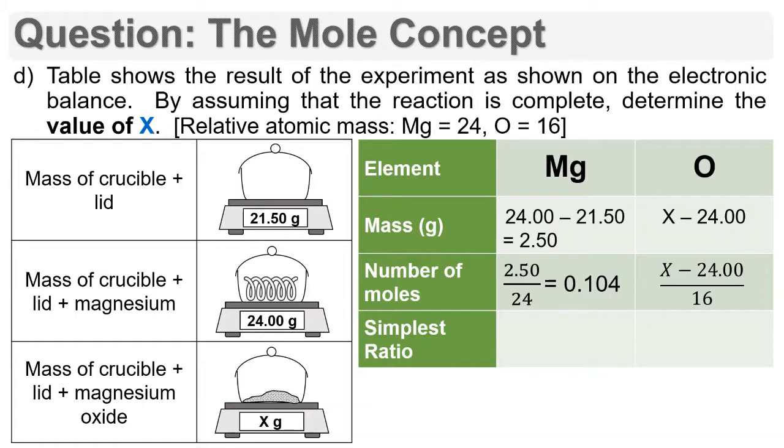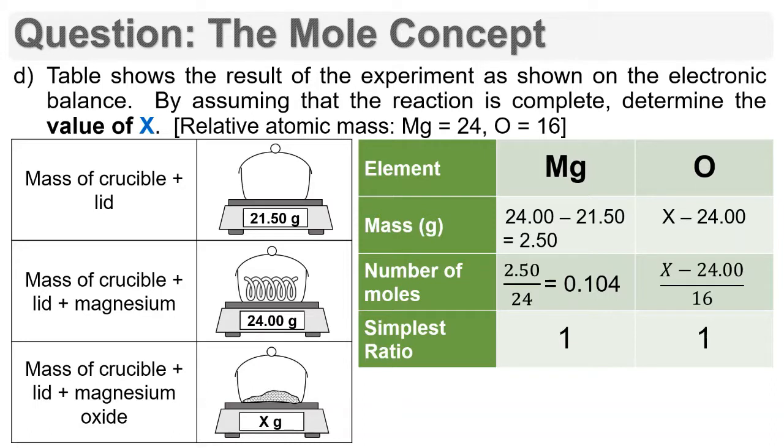Finally, the simplest ratio. How can we obtain the simplest ratio without the mass and the number of moles of oxygen? If you scan through the question closely, the empirical formula of magnesium oxide is given through the chemical equation as the product of the reaction. Empirical formula of magnesium oxide is MgO. Therefore, the ratio of magnesium to oxygen is 1 to 1. If the ratio is 1 to 1, then the number of moles of oxygen is the same as the number of moles of magnesium, which is